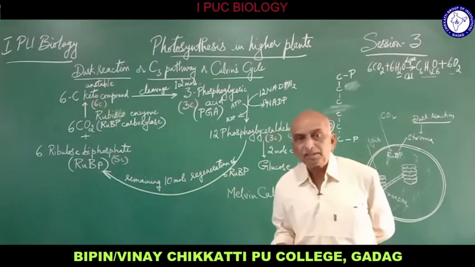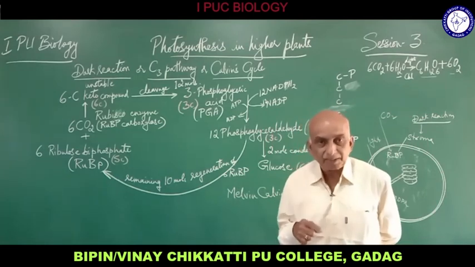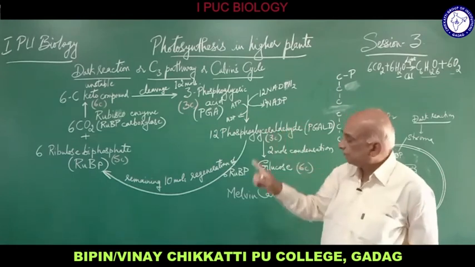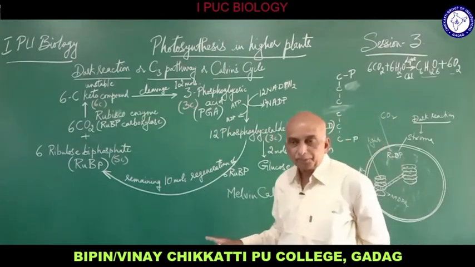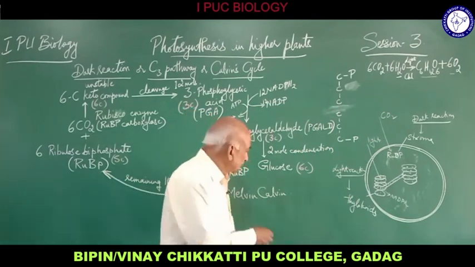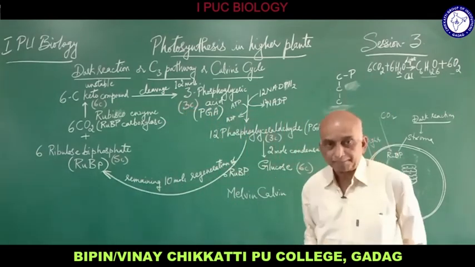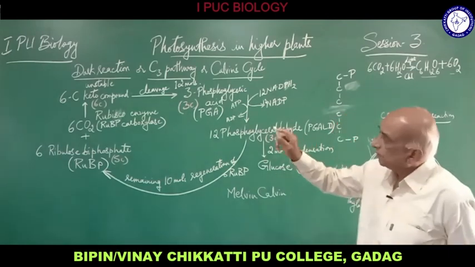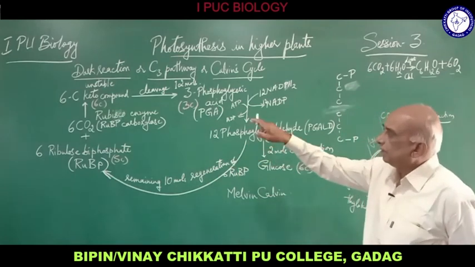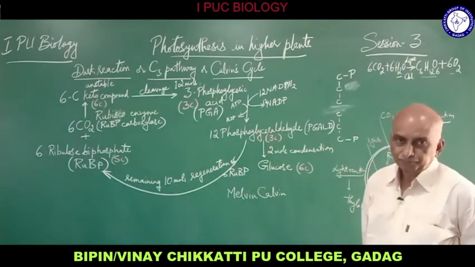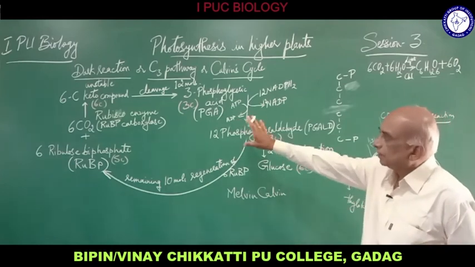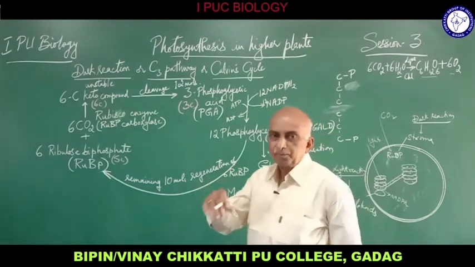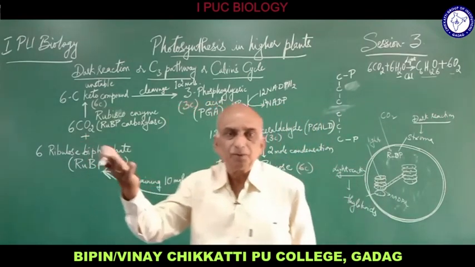Now in the dark reaction, the compounds which are formed, the intermediates which are formed in the dark reaction, were discovered by Melvin Calvin, a professor of biochemistry. So a biochemistry professor actually explained these reactions. So by just seeing this, we believe that it is just a chemical reaction. There is nothing like a biological part in this. We just go on saying that this compound forms that compound and so on.